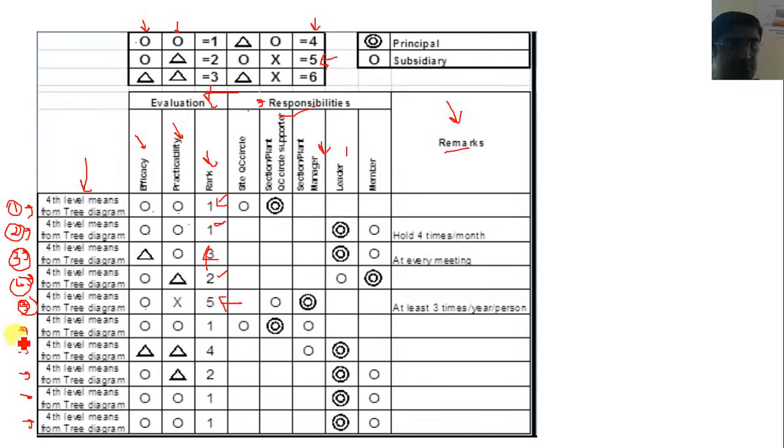And here, the sixth mean, you can see the value of efficiency is O, and the value of practicability is also O. So O plus O is equal to 1. And here you can see similarly for the 7th, 8th, 9th and 10th mean. So you can find its value as O plus O is equal to 1. Okay, delta plus delta is equal to 3, not 4 here. So here you have to place the value as 3. Next, O plus delta is equal to 2. So correct this time. And O plus O 1, O plus O 1.